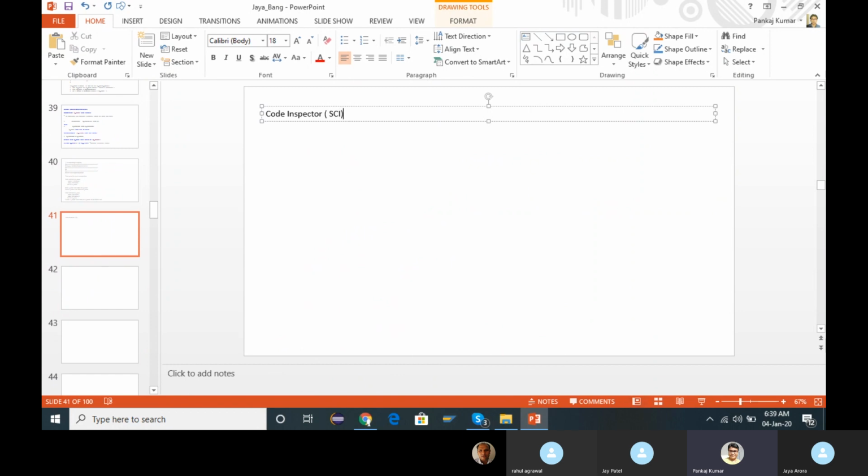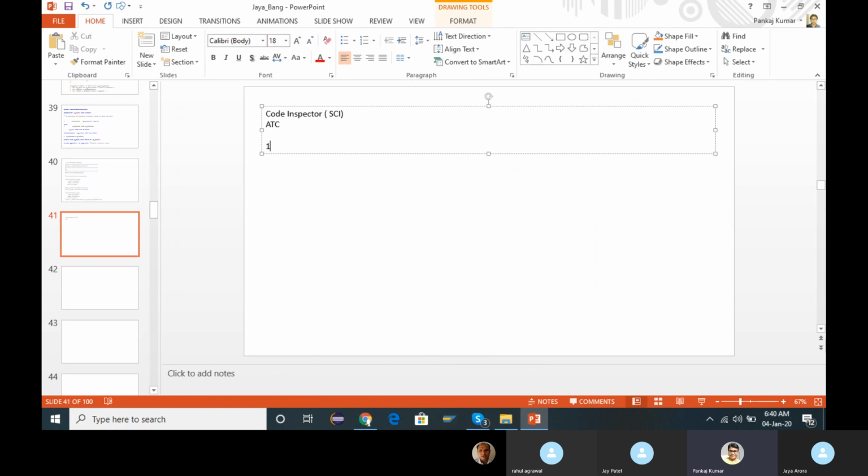With the help of code inspector and then ATC, ABAP Test Cockpit, we are going to see whether our existing code will be compatible with HANA. Before migrating to HANA, we are supposed to check whether the existing code will be compatible with HANA or not. For that purpose, we are going to use two check variants.